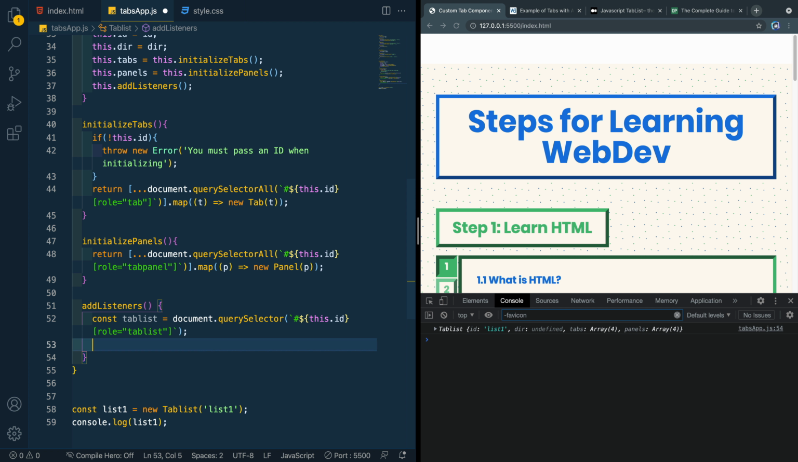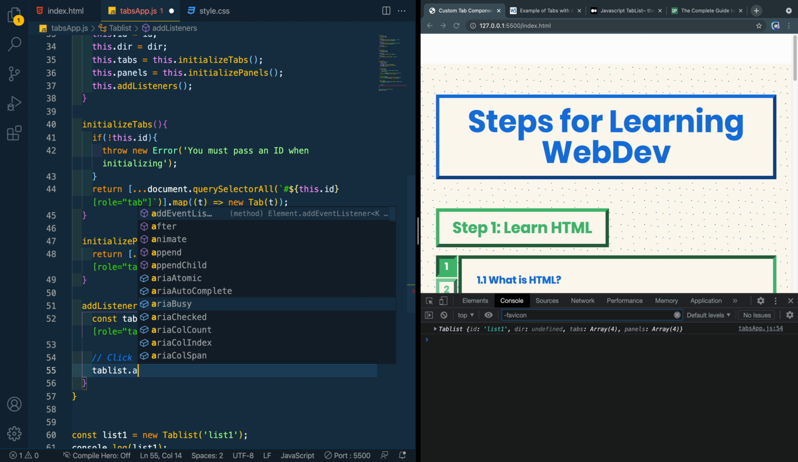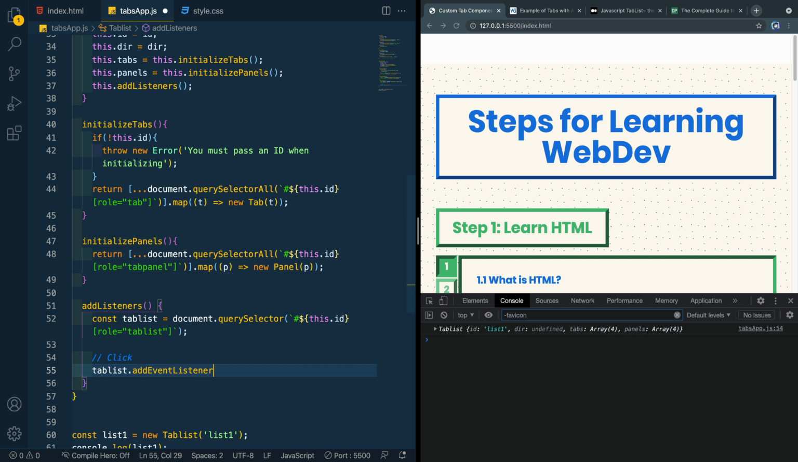All right, so now that we've got access to that, we're going to use that to write click events and keydown events. Let's start with the click events, and we're going to say tabList.addEventListener. Now you might ask, why aren't we adding the event on the individual tabs themselves? It's because we can use the tab list and just set one event listener for all the buttons that are contained in there, and that cuts down on the amount of event listeners that we're adding,